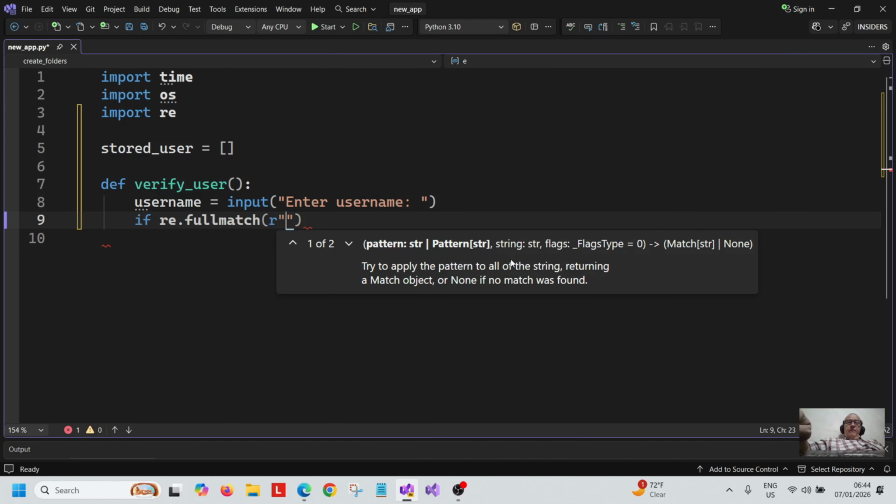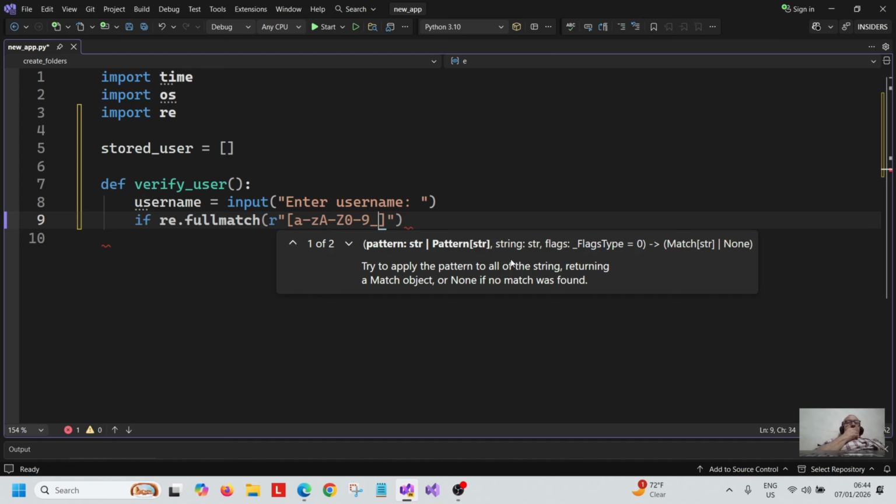First of all, I'm going to match on lowercase letters, so those are going to be a to z, and then uppercase letters A to Z, and then I'm going to match on numbers 0 to 9, and